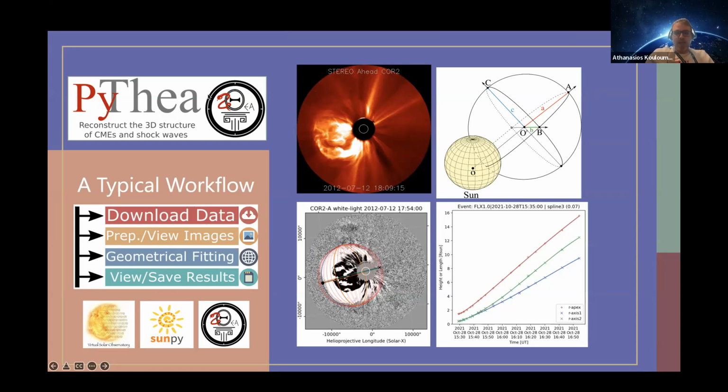So PyThea downloads the data. We select a date, PyThea downloads the data, prepares the images and visualizes them. Then we have to do the geometrical fitting. So the user goes and fits the model into the images. This process goes from one image to the other, and when the process finishes, we have fittings in time, and we can view and save our results in a table, a JSON, and we can export them and use them